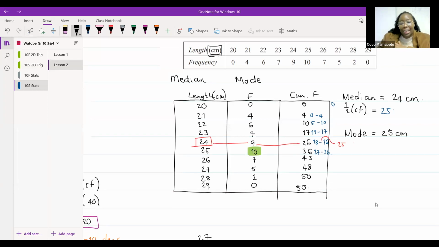Okay, so what we're saying, guys, remember the cumulative frequency tells me how many guesses we had altogether, right? The number of guesses that we had. Give me a thumbs up if this makes sense. Or type yes. Do you understand that 50 means that there were 50 guesses? Agreed? Good. So the median guess